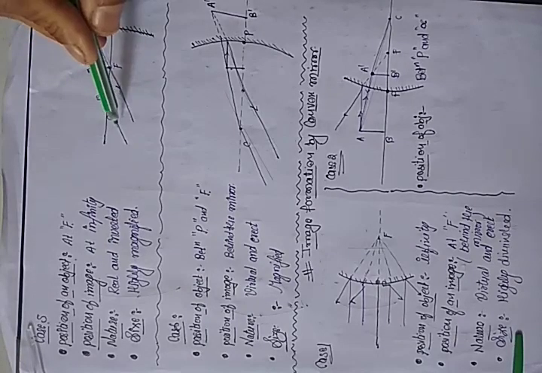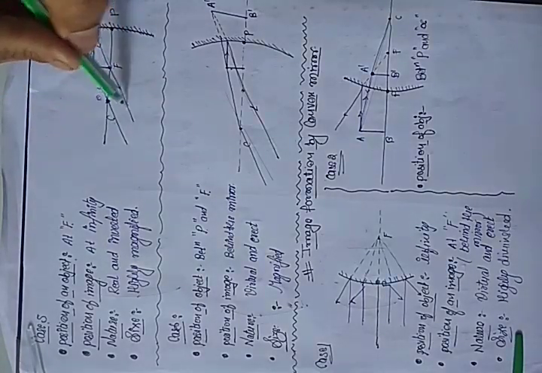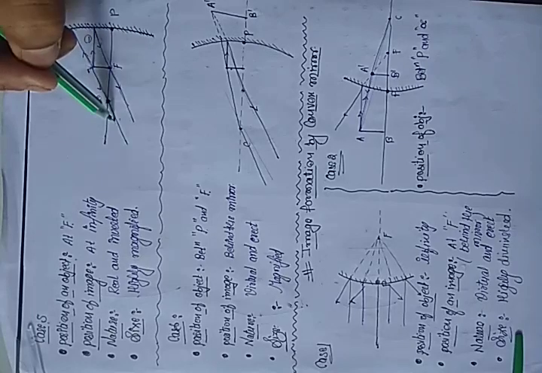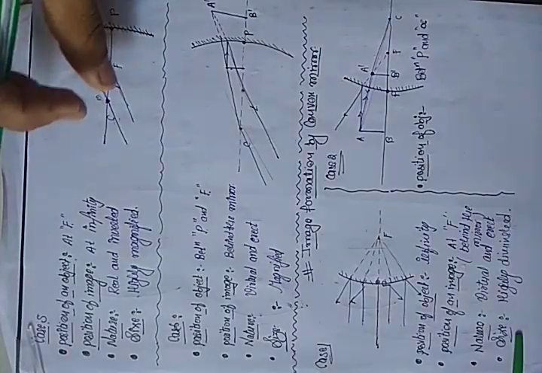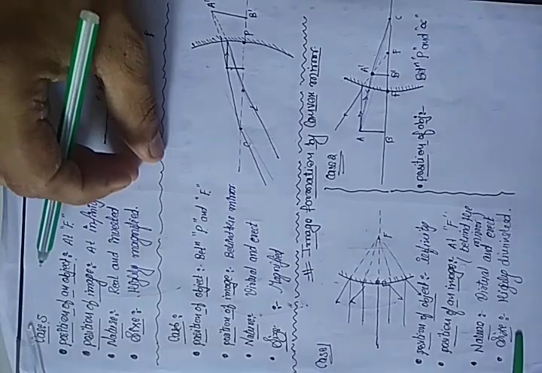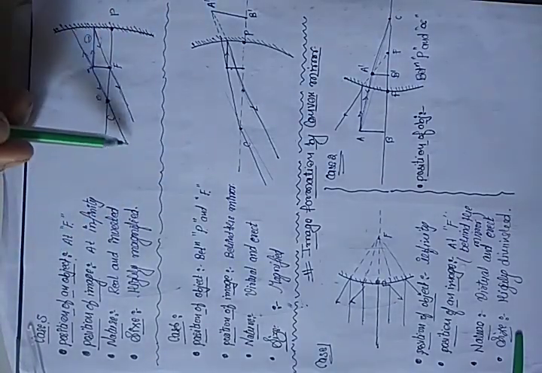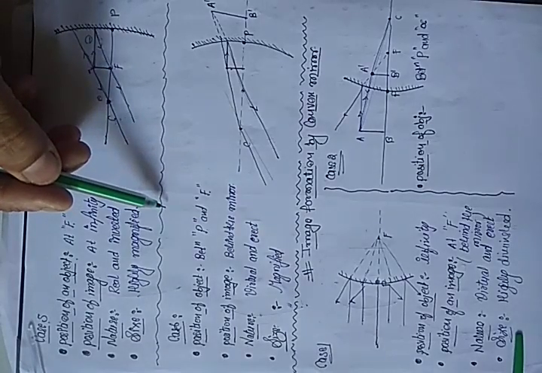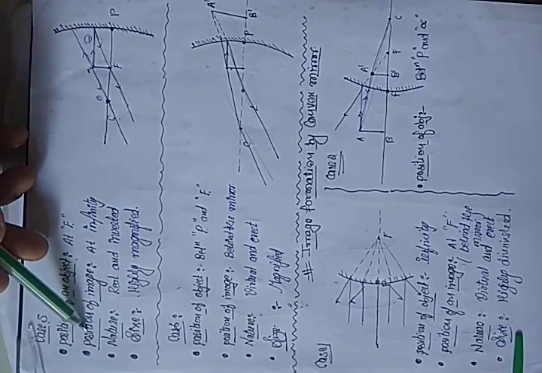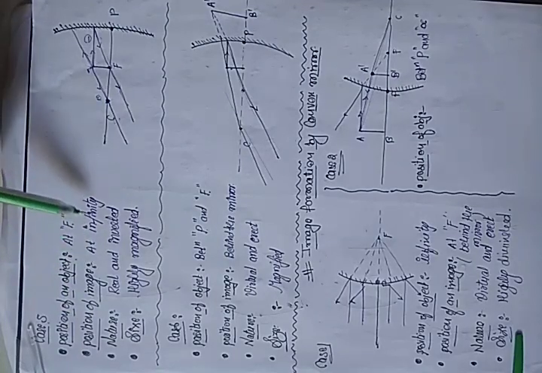What is the definition of parallel light? Parallel lights are those lines which are parallel to each other, they will never intersect. So this is our parallel ray, it will never intersect. So where should the image form? I don't know where. Every time it is going parallel, so I can say it will meet somewhere at a very far distance. I am saying that that point is infinity. See, so the position of the image is at infinity.